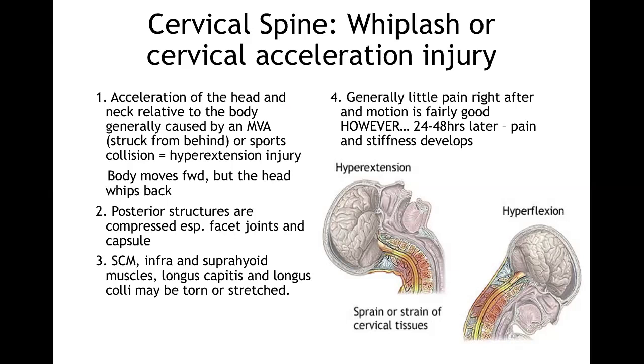Usually the mechanism of injury is somebody that is in a car and struck from behind, or a sports collision. It's also known as hyperextension injury. So the body moves forward, but the head kind of whips back, as you see here, into hyperextension. So there's going to be a sprain or strain of cervical tissues. The posterior structures are going to get compressed with this mechanism that you see here in the picture on the left. The facet joints, the capsule, all of those are going to get compressed. The sternocleidomastoid, the infra and suprahyoid muscles, the longus capitis, and longus colli also may be torn or stretched depending on how